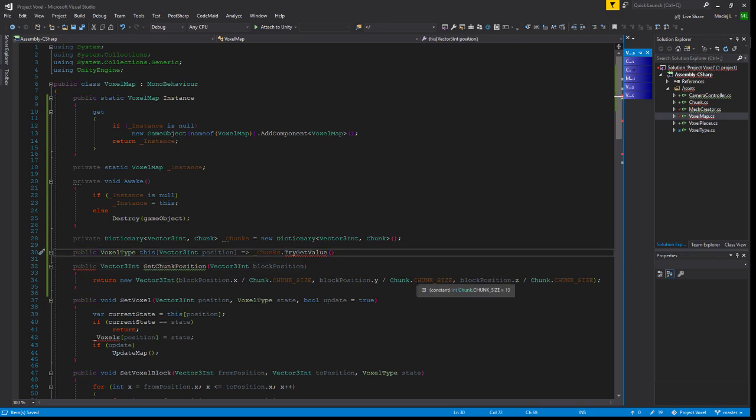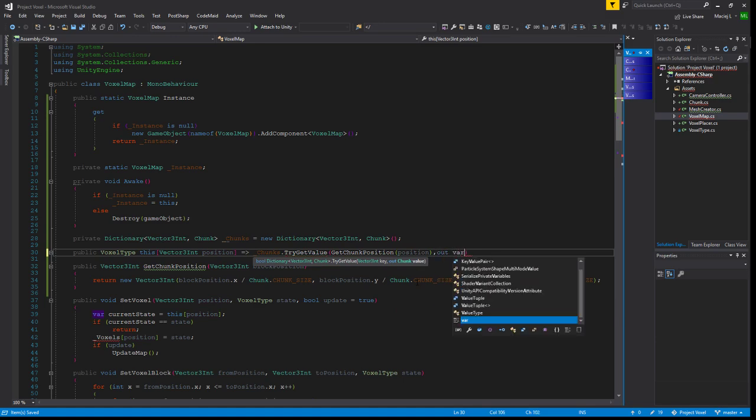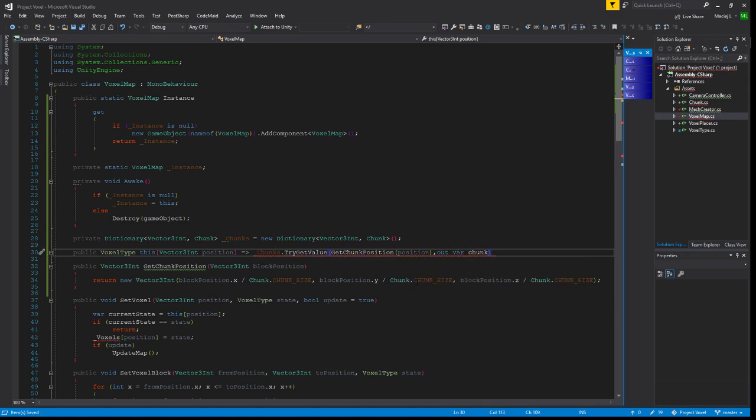Okay. Try get value with the chunk position, so get chunk position of position out var chunk, and if there